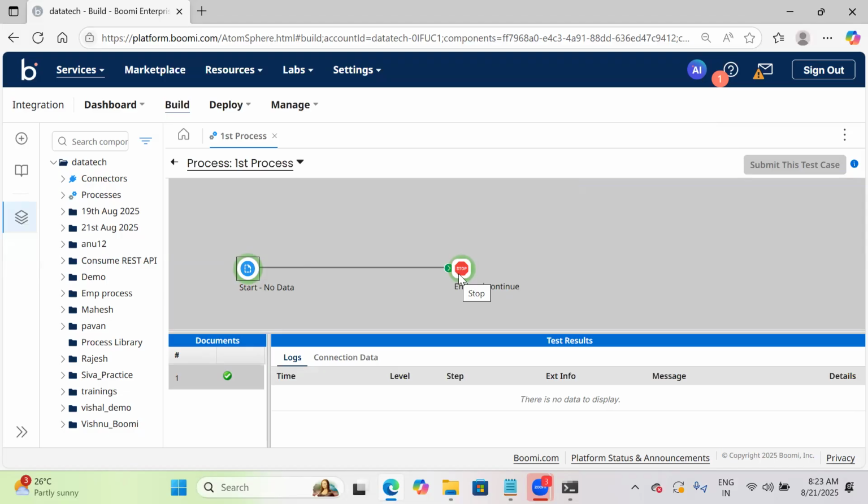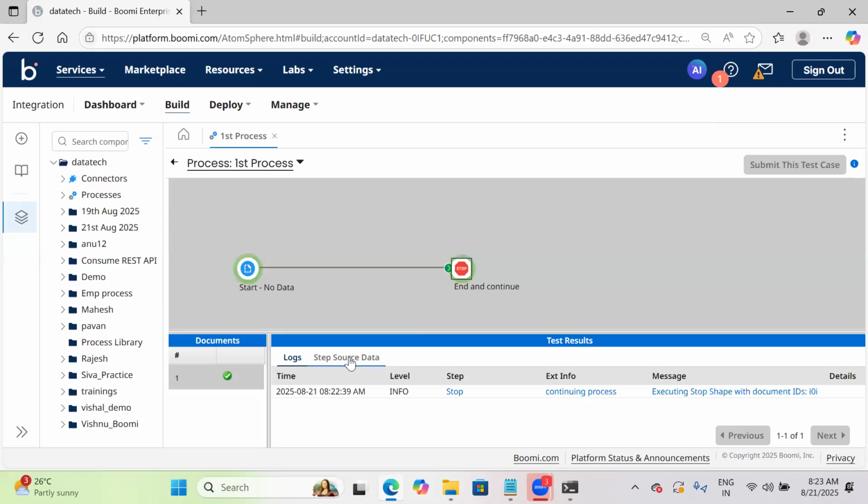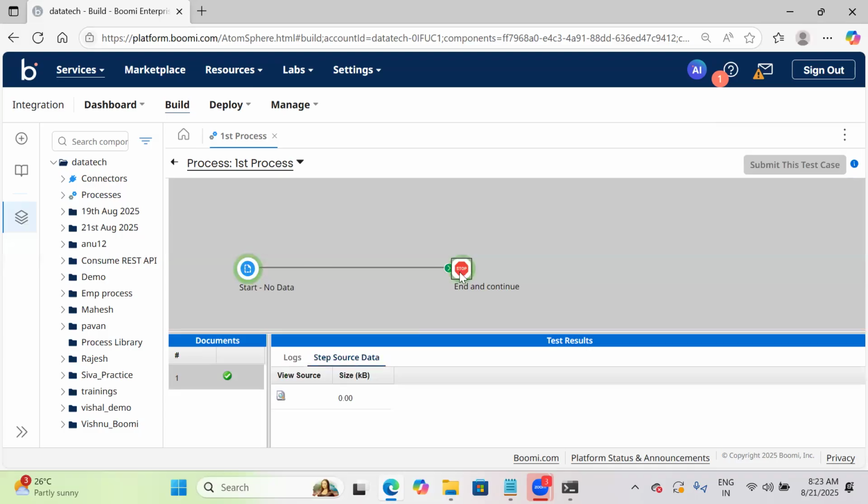If I click on the stop shape, if I click on the shape source data, okay, so now this execution completed successfully. Now if I want to see what type of data I have received into the stop shape,